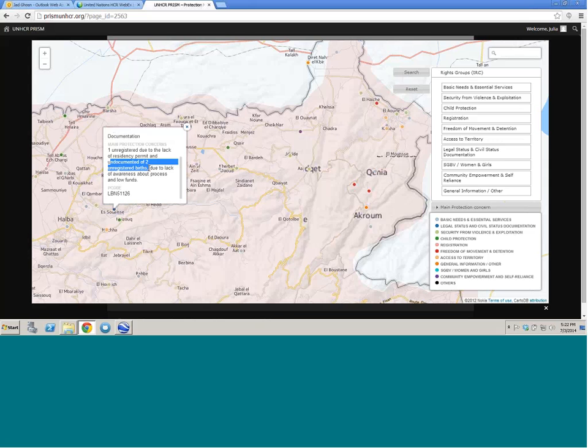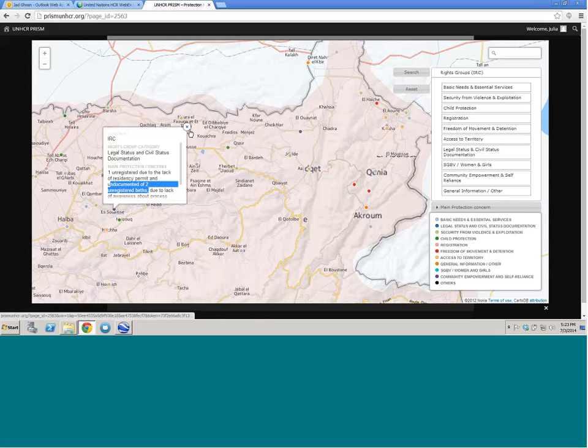So here we have unregistered birth, and this is a significant challenge in Lebanon. So with this information, we would be able to refer either directly to IRC legal staff to provide awareness raising and specific counseling on birth registration, or to refer to NRC. So this is just an example of how this would be actionable information as a part of the